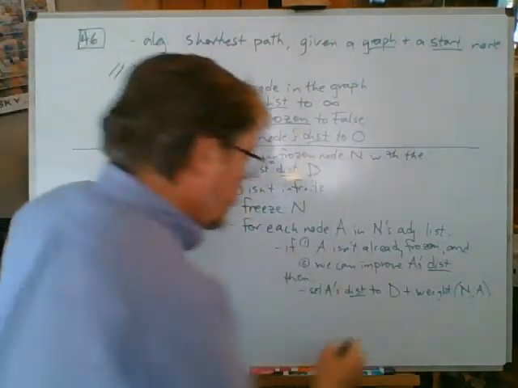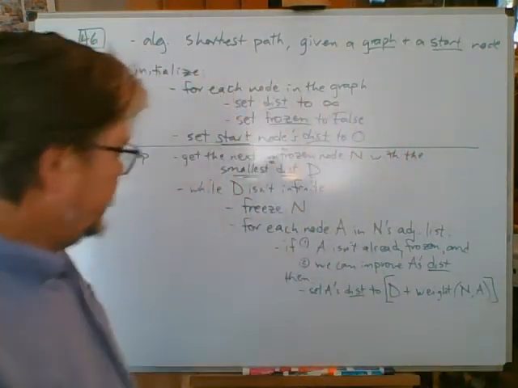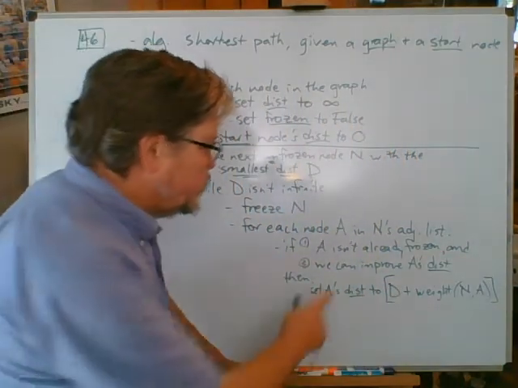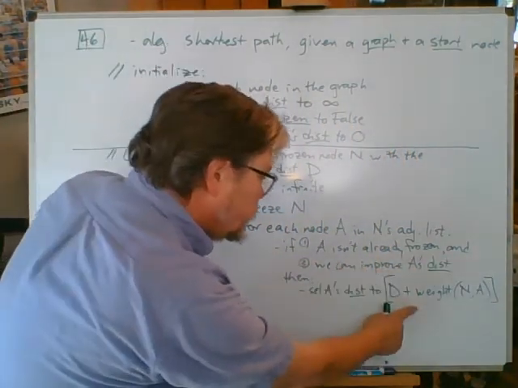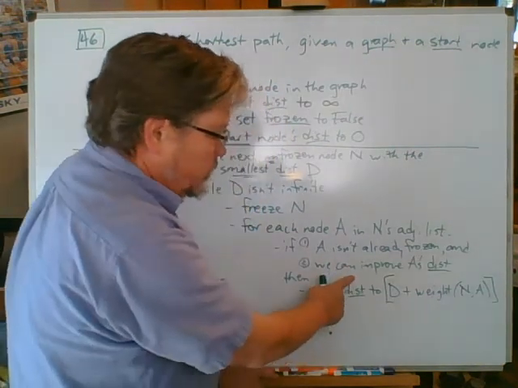And I'll put that in square brackets so it looks like a single quantity. There. Set A's updated distance, since we've already tested it. Now that's actually this little formula here, this little expression, that's what we use to determine whether or not we